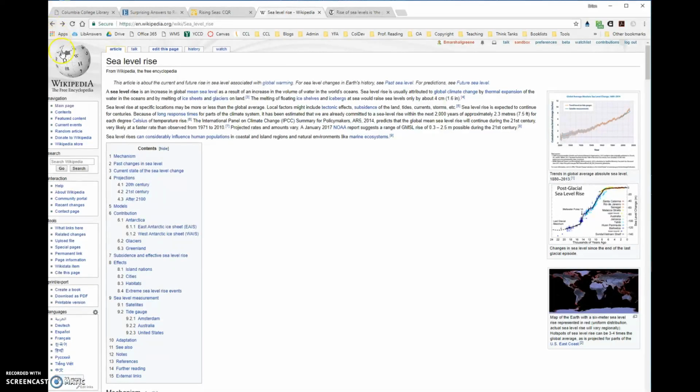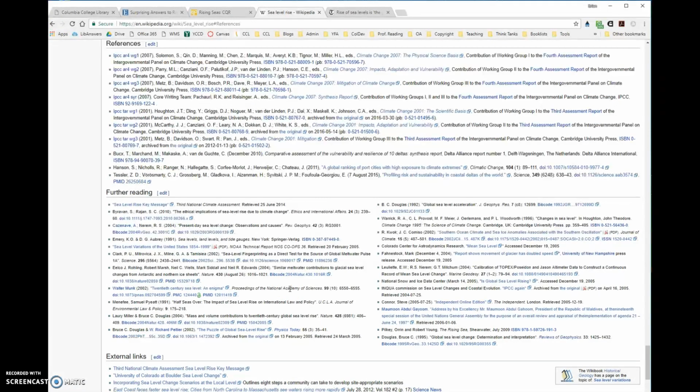One of them is to come down to the references section here. They do have references, much like scholarly articles. And often these links and the further reading links in here, sometimes I find that they do go to credible sources, but you'll need to go to those sources and evaluate them on their own. See who the author is, see what it looks like, see what information it cites, do some Googling to see if you can find out a little bit about its reputation, decide what its purpose is, and who the author is.